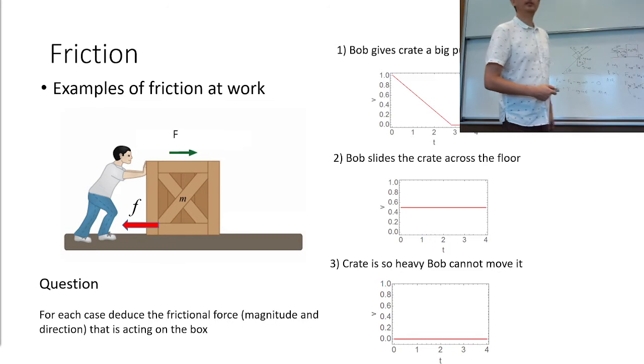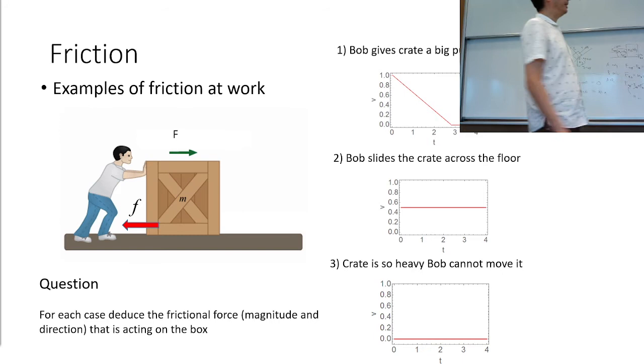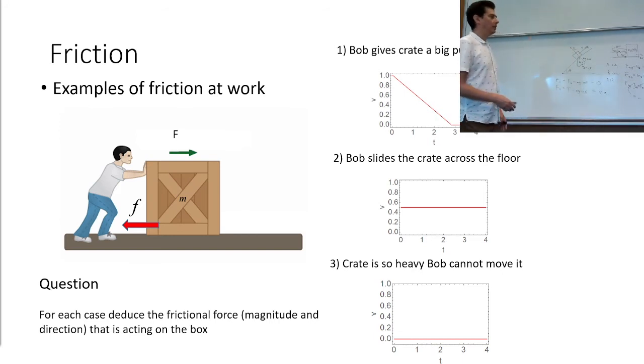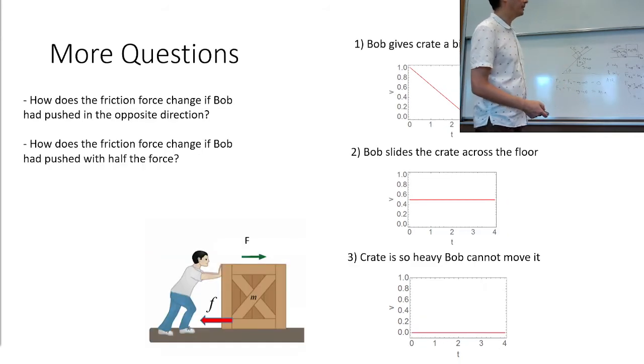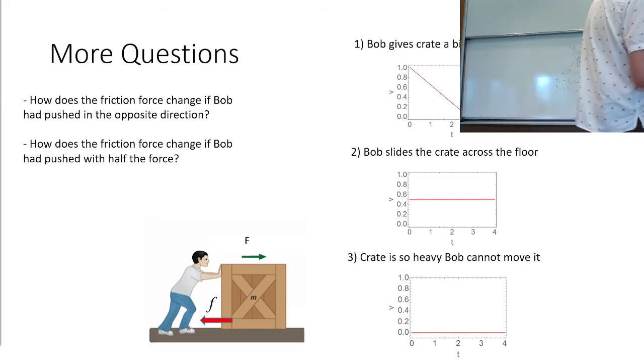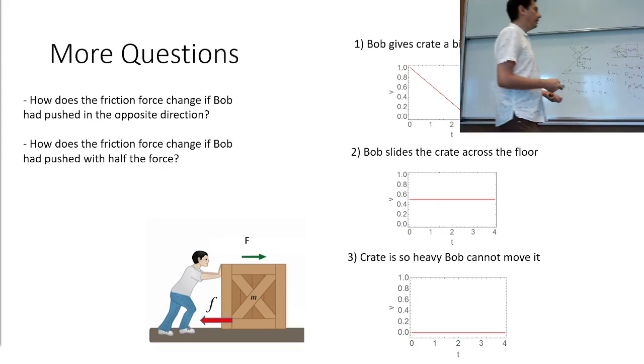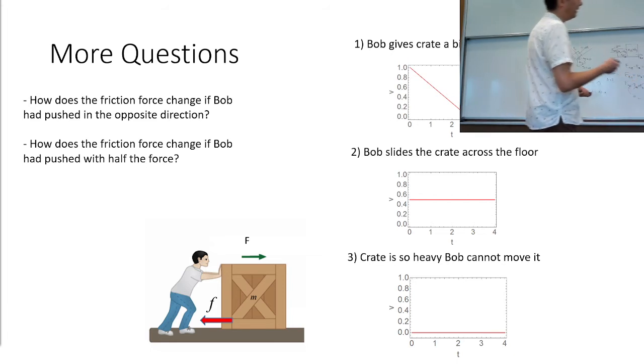And we can deduce certain things about the nature of friction just from this kind of observation. These are pretty common sense observations, as you would know from daily experience, right? Maybe I've explained everything already here. The kind of question that we might think about is, how does the friction force change if